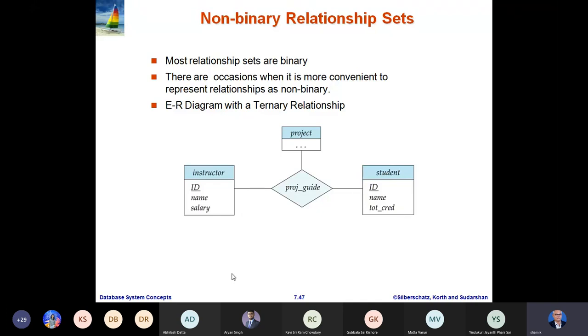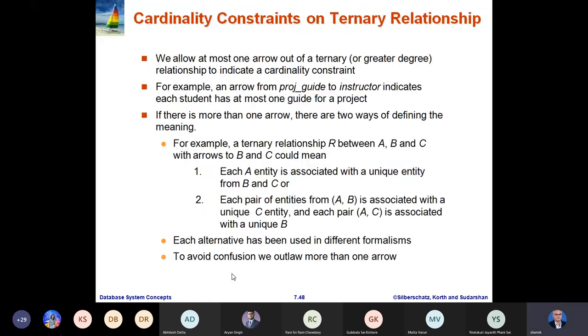Similarly, we have instructor ID, name, salary, and student ID, name, total credit. Now we can have this third entity set, project. This project guide relationship actually maps a project to an instructor to a student. So this is what is meant by a ternary relationship. Now the cardinality constraints on a ternary relationship are a little tricky. We allow at most one arrow out of a